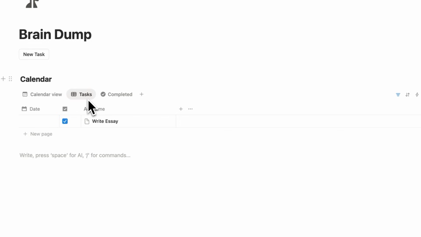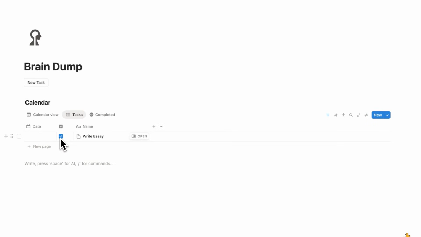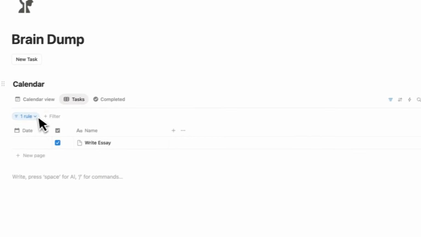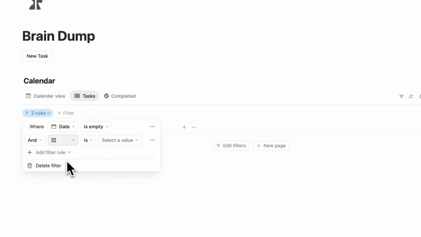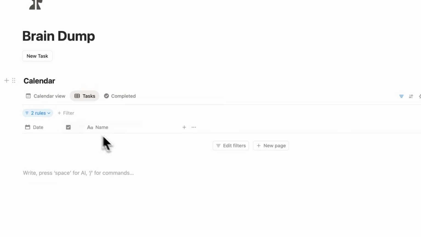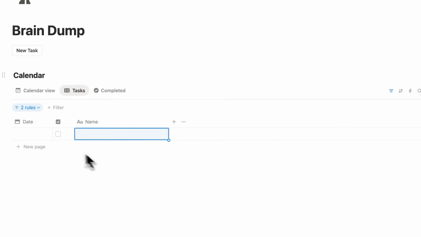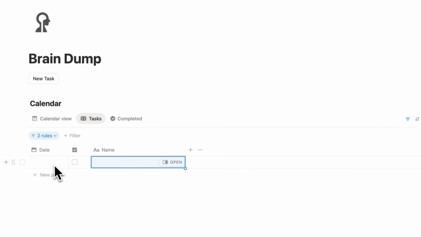So under this tasks tab now, we don't want to see the tasks that are completed. And we also don't want to see the tasks that have a date associated with them. So if I click here on filter, we could see this rule that we have where the date is empty, which we want to keep for this tab, but we're going to add another rule. So we'll click here on add filter rule. And the rule will be where the checkbox is unchecked. So now for a task to show up here, it cannot be checked in and it cannot have a date